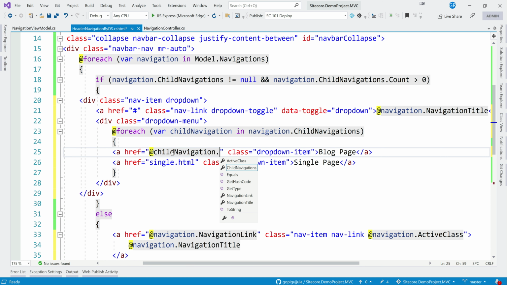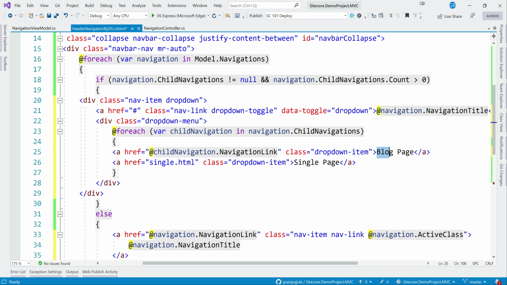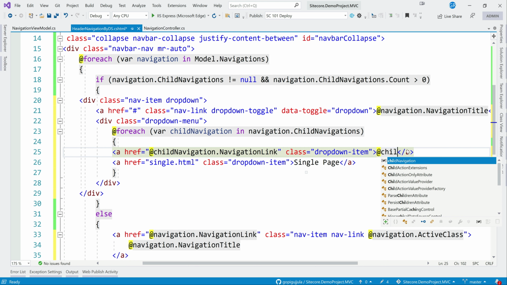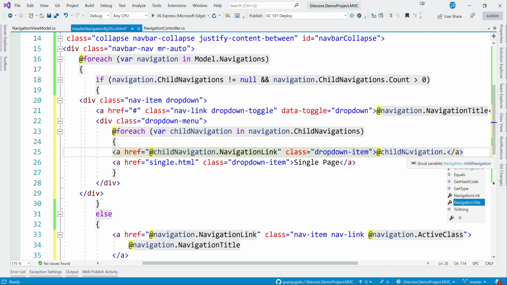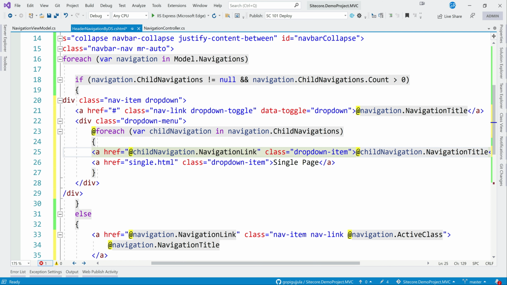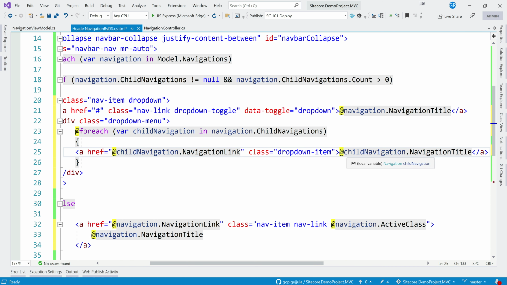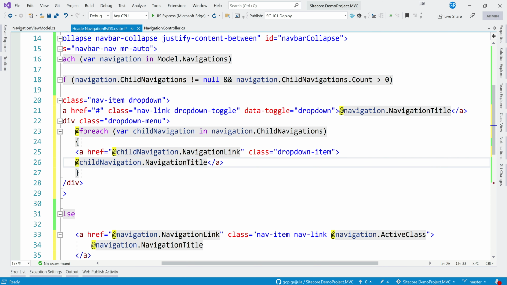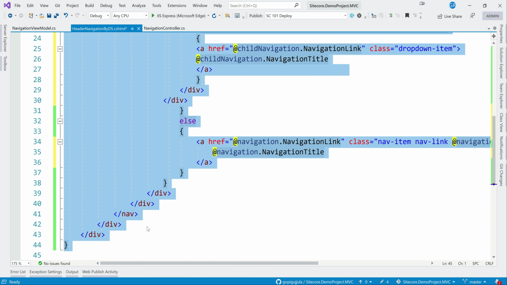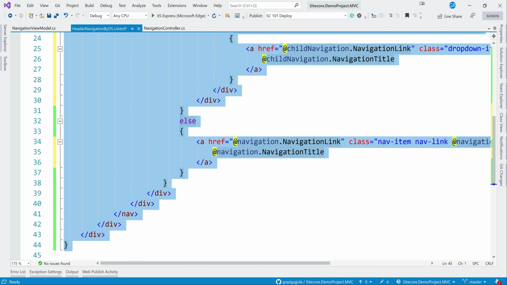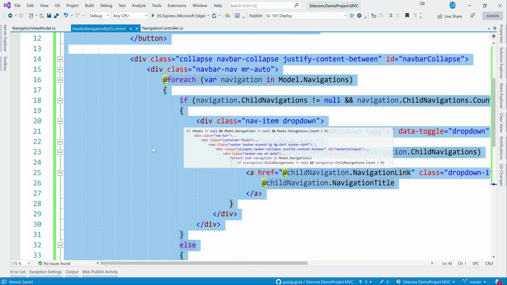childNavigation.NavigationLink, and here we are going to put childNavigation.NavigationTitle. So this you can remove, and let me put it here. Yeah, format selection.